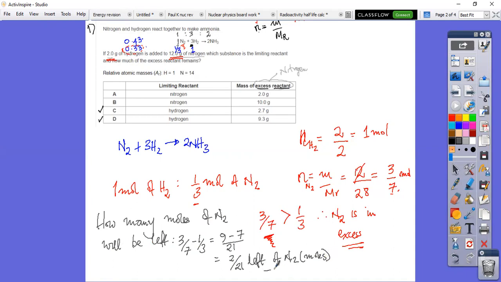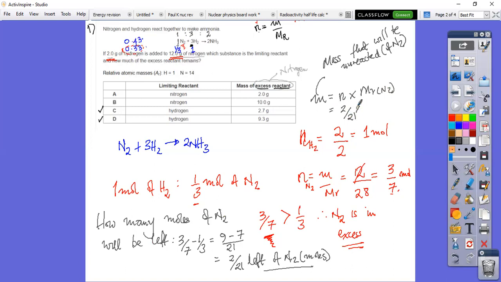If you know the number of moles, how do we work out mass? There's a formula here that says that to work out the mass, and this will represent the mass that will be unreacted, the mass of N2, of nitrogen. Does that make sense? Because these are the number of moles that are left. Good. So this will be given by the number of moles times the molar mass of nitrogen. The number of moles is 2/21 multiplied by the molar mass of nitrogen, which is 28, which gives you